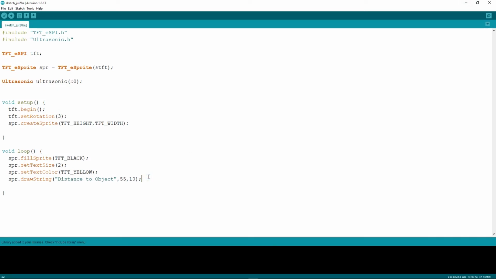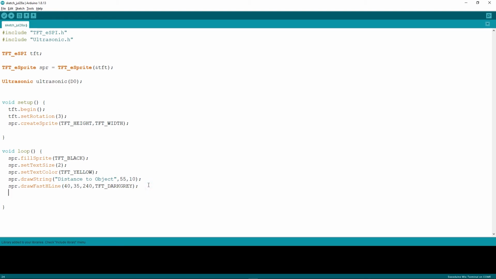After that I will draw a horizontal line, drawFastHLine, from 40, 35 and 240 pixels long, and I want the color to be dark gray.